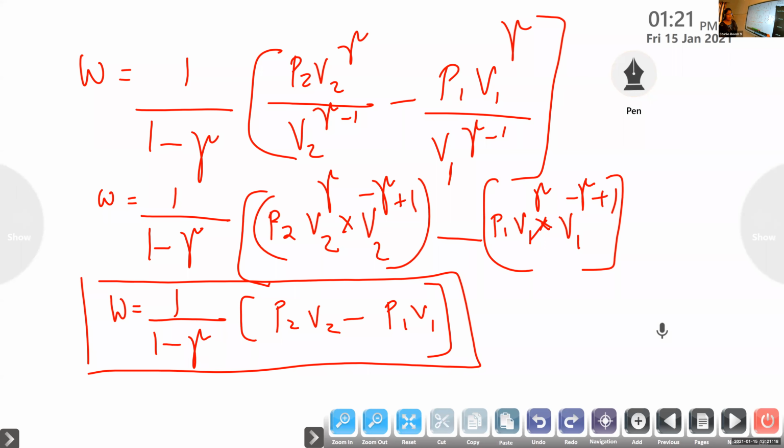And you can write the same equation in terms of temperature. So far, we got the equation with P2, V2, P1. So here it is only indicating the change in pressure and change in volume. There is no term telling you change in temperature. So we have to find out another equation in terms of change in temperature. So for that, we are going back to the equation again.